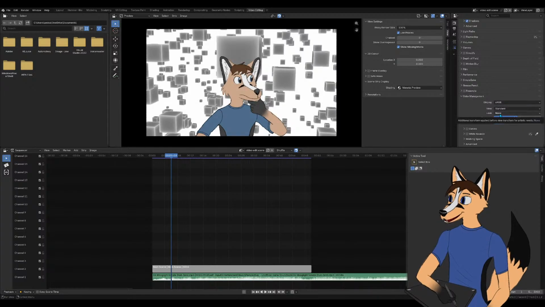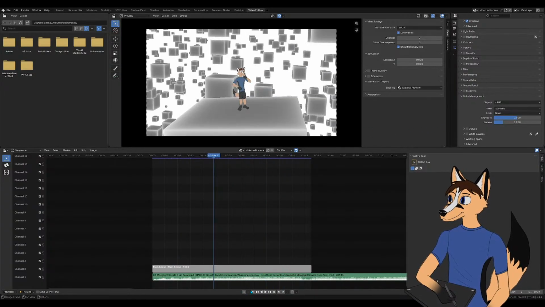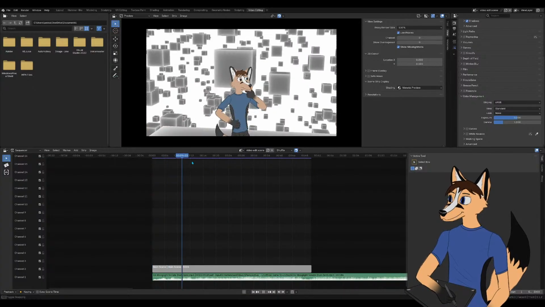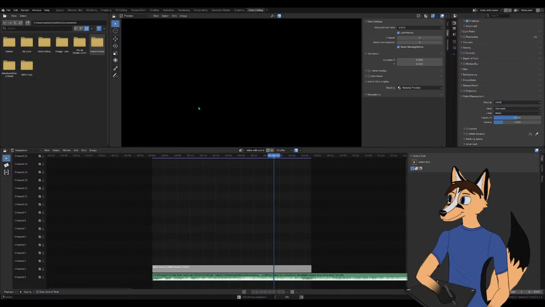Aha. There we go. It was in the render settings this whole time. So now it does look correct. It looks exactly as I intended it to look now. And all except for the fact that the compositor, I don't believe, works right now. We'll see though. I'll check that in just a second. Alright, it looks like the compositor does work.